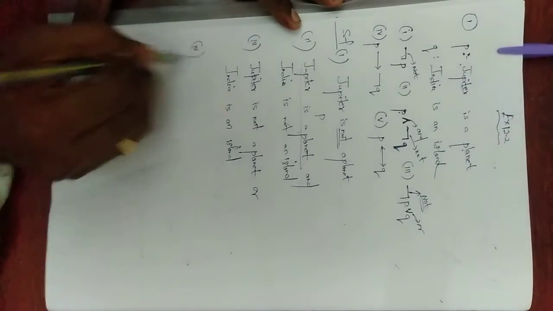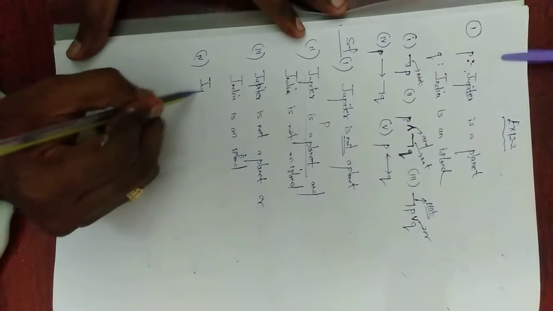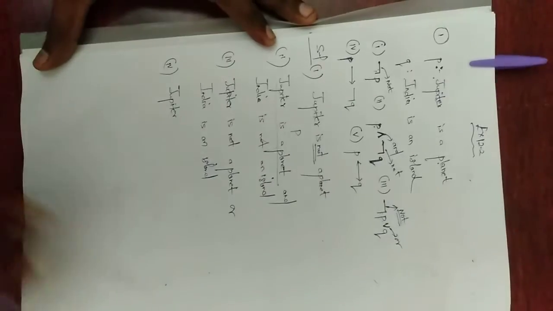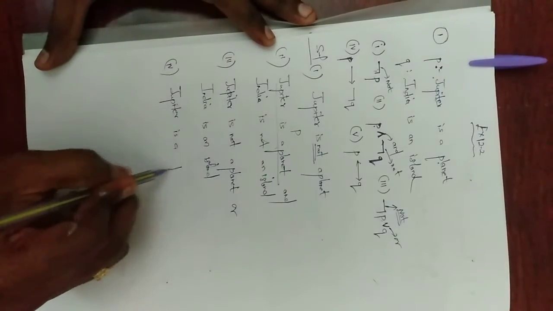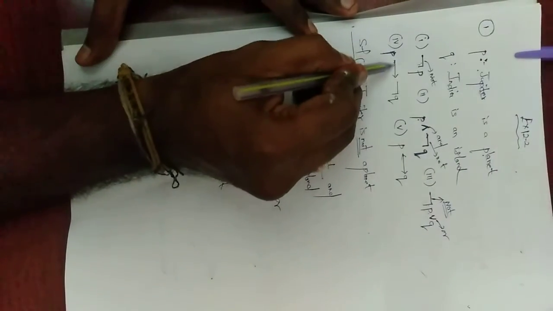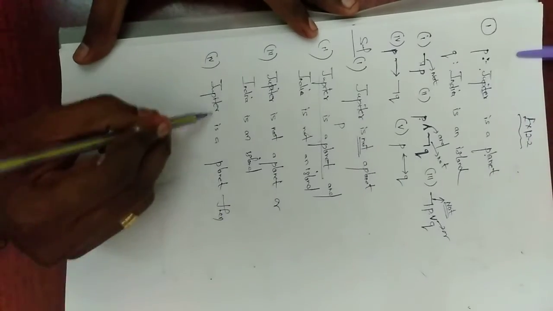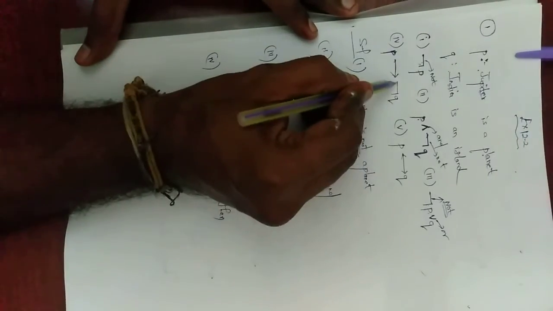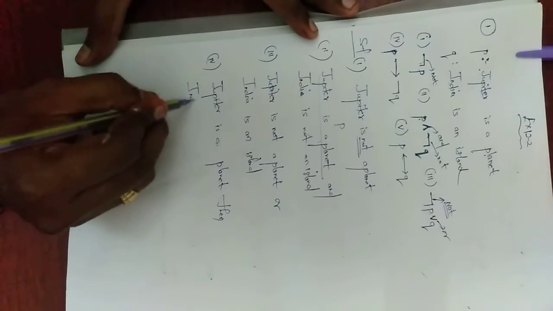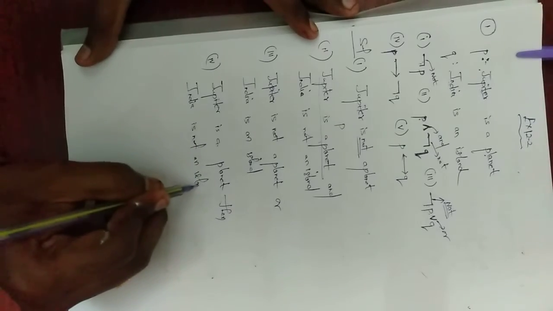Next, fourth subdivision. They use P as it is, so write P: Jupiter is a planet. After writing Jupiter is a planet, they use this symbol, nothing but conditional. So I want to put then. Jupiter is a planet, then negation of Q. Negation of Q means India is not an island. I want to use not.